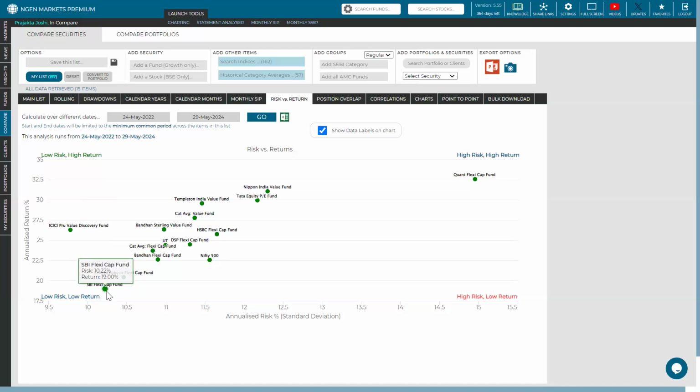So if you have an alternative to SBI Flexi which generates better return with a lower level of risk, you will definitely go and choose ICICI, right? Of course, the choice will not be that simple when you're comparing ICICI with Quant, because Quant's return is also good. If the investor is chasing returns, then he might not want to invest into IPRO Value Discovery. He might want to go ahead with Quant Flexicap if he's okay with assuming higher levels of risk,